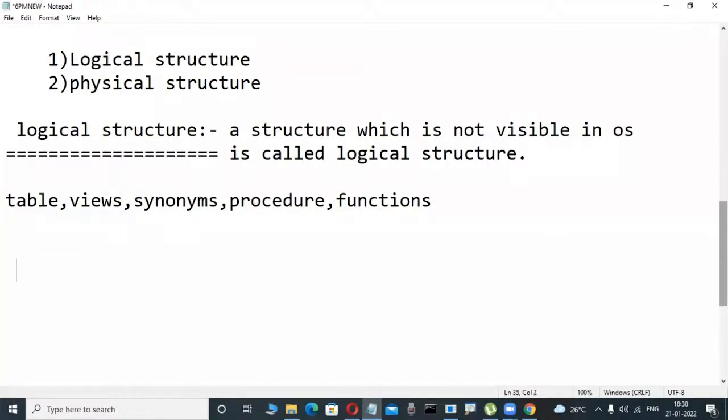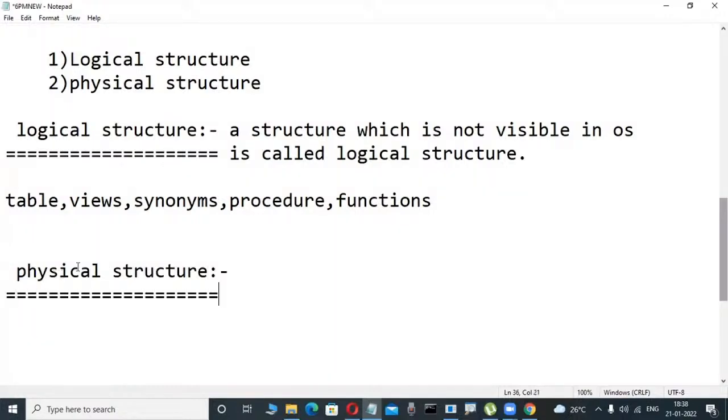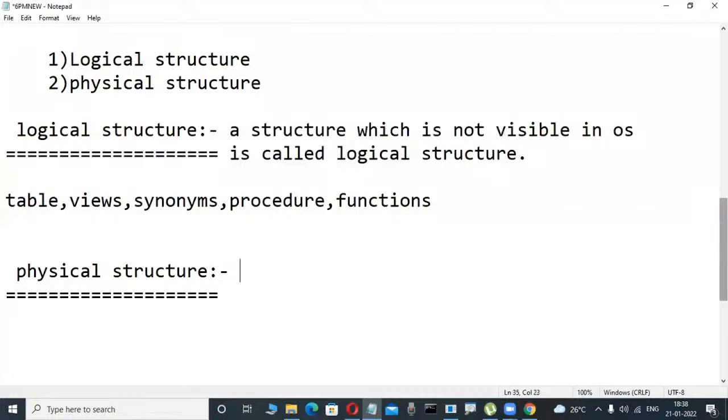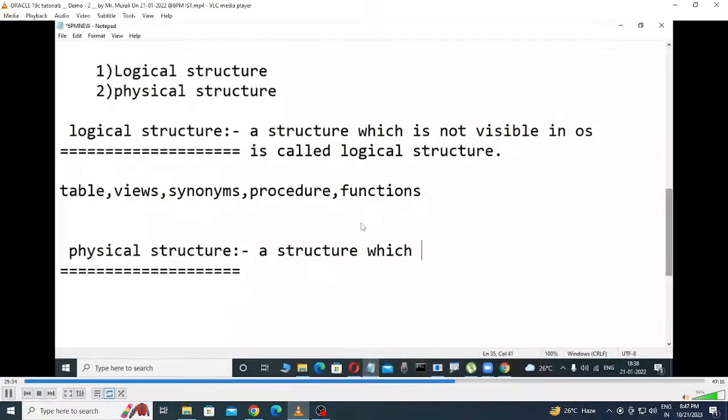Now observe it here. What is a physical structure? Don't write it. Now check it out, just roughly observe it here. Physical structure is there. Just for the idea purpose only. What does a physical structure mean? Now this is the opposite only. A structure which is visible in the operating system. So now here, don't write it. Observe it here: a structure which is visible